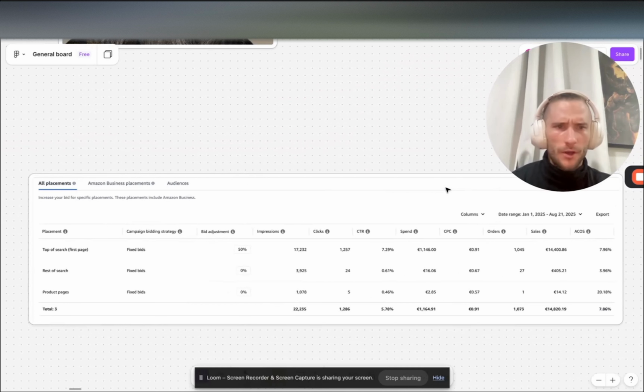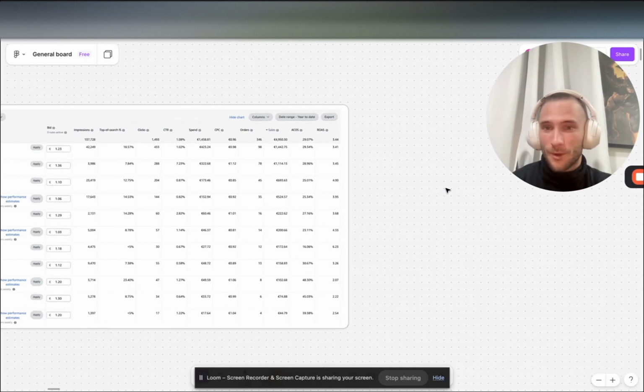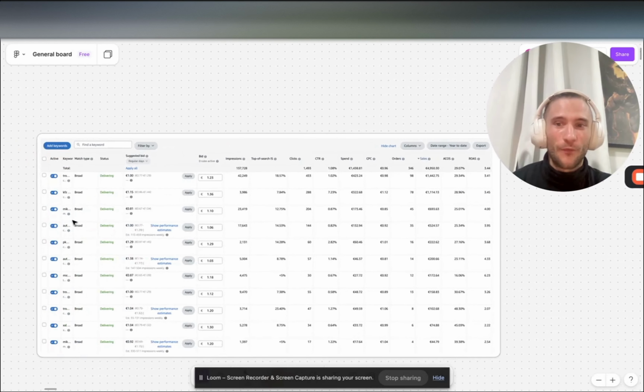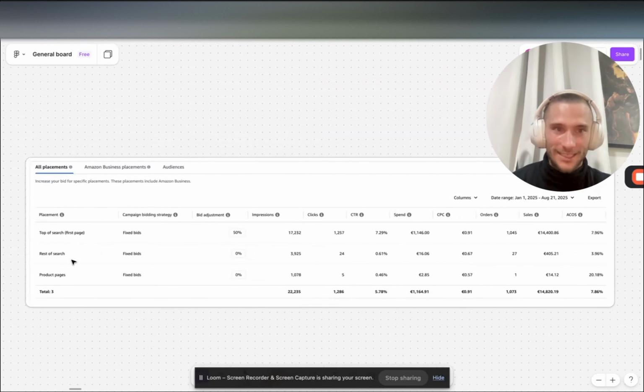Again, you might already be familiar with this, but the crux of bid optimization, or placement optimization, or campaign optimization now is, if we have multiple keywords per campaign, what keyword is performing how for each placement? We don't know. We get this data set via Amazon Marketing Stream, but we'll talk about this in a second. Even if you have multiple keywords per campaign, you are able to evaluate the performance for each keyword for the placement. But the problem is you can